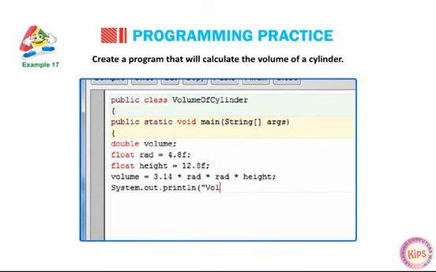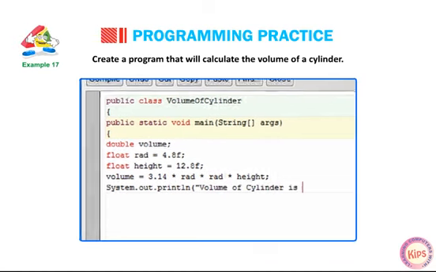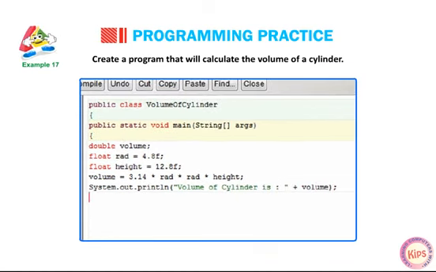System.out.println("Volume of cylinder is: " + volume); } }